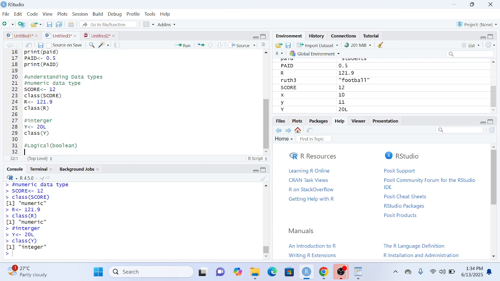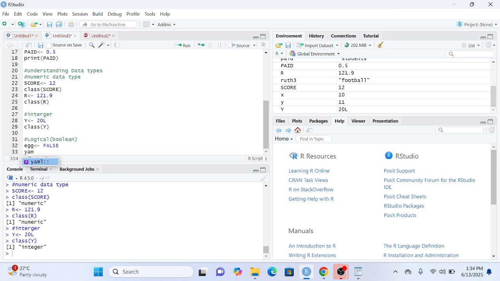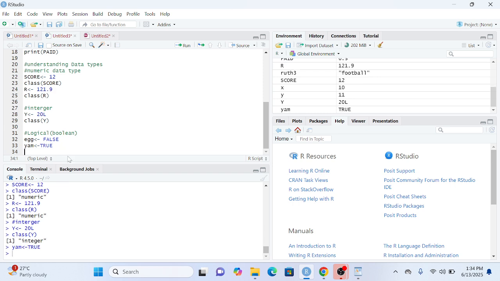So if I assign egg to false and I assign yam to true, you can see that they are all in capital letters, and when they are in capital letters, R sees them as a Boolean character. So if I run this and I also run this,